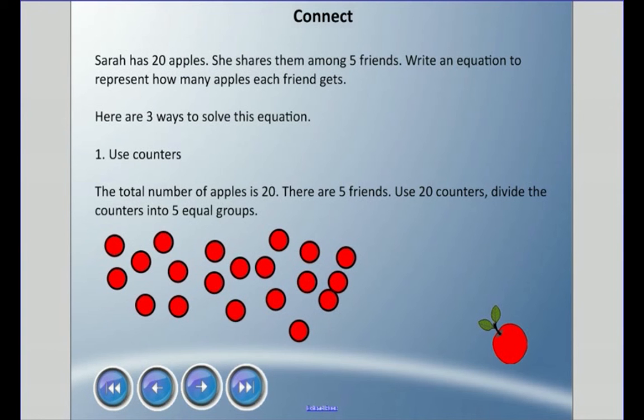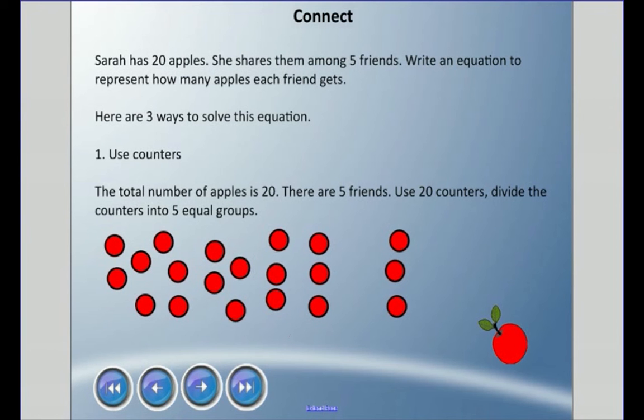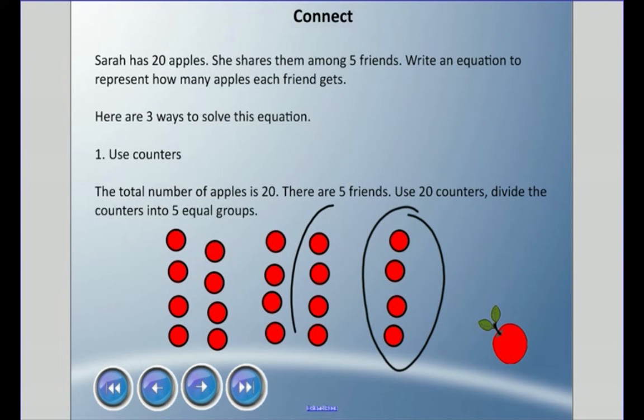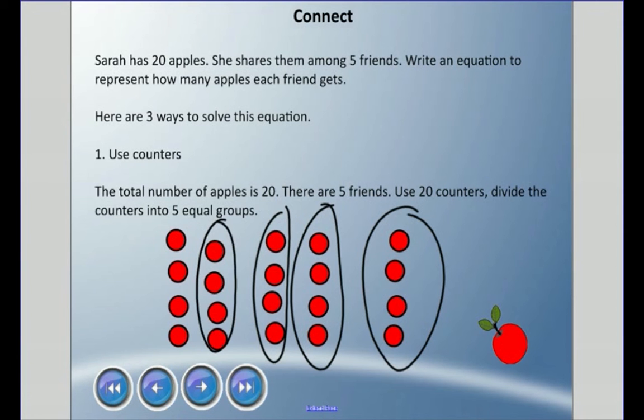We could use counters. So remember, the total number of apples is 20 and there's 5 friends. So I'm going to use my counters and divide them into 5 equal groups. So, there's one group. There's another group. Move that over here. Okay, so I have 1, 2, 3, 4, 5 groups. Add one more to each. All right, so here I have 1 group, 2 groups, 3 groups, 4 groups, 5 groups, and in each group we have 4 apples. So in a sense, we can find out that each friend is going to receive 4